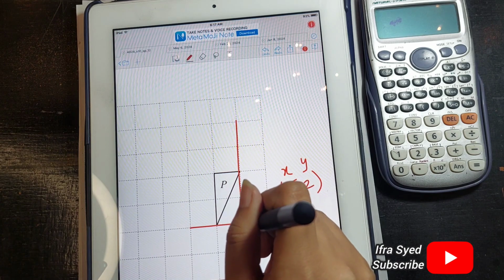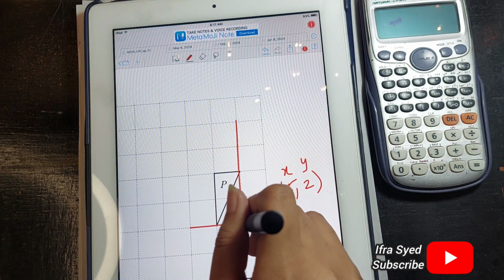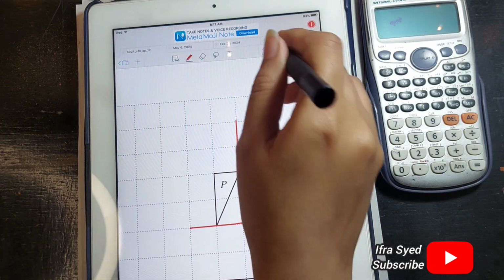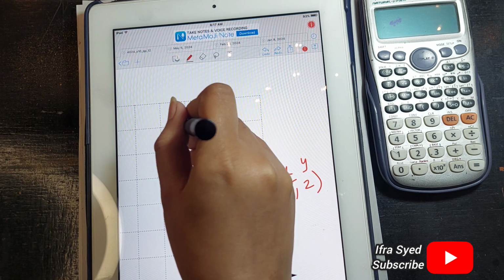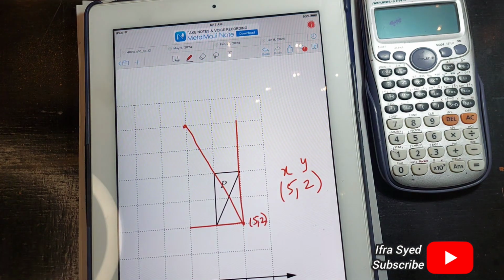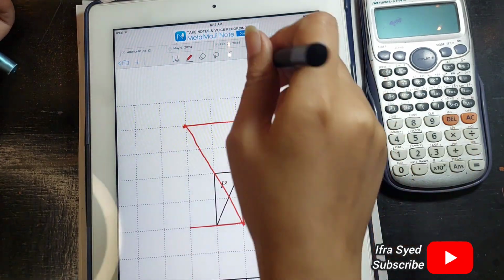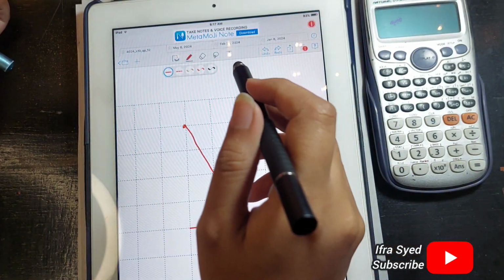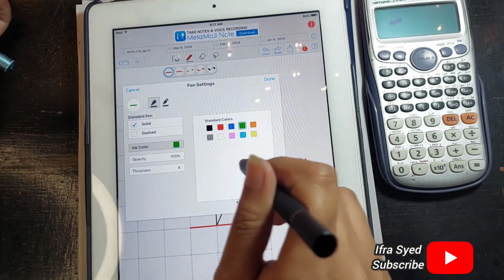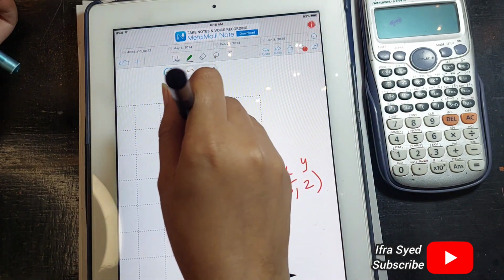So I will draw it. Let's draw it a bit smoothly. So this is our... okay, I will draw it with another color. So I will draw it with green color. So our new triangle